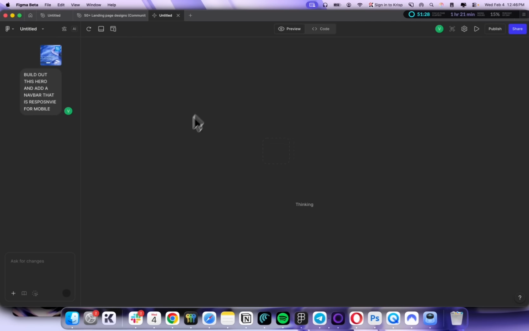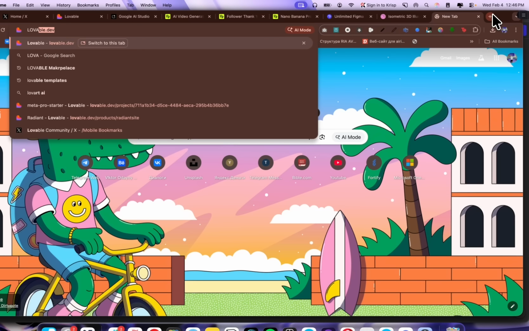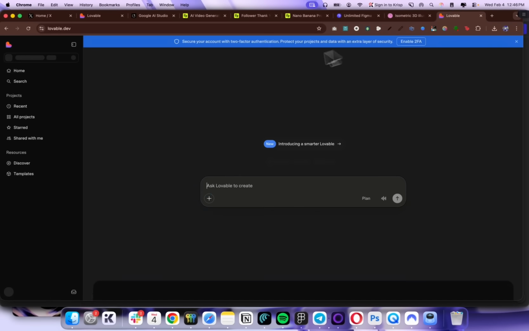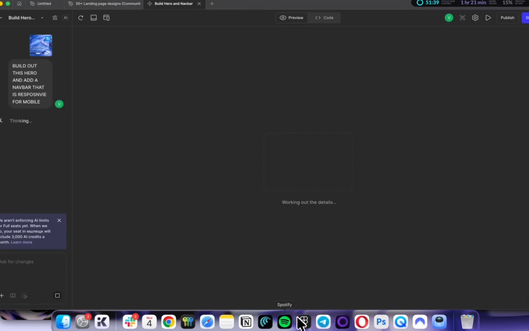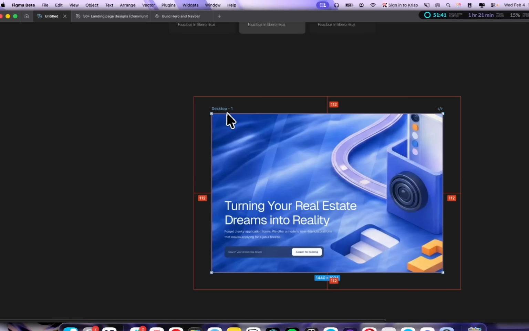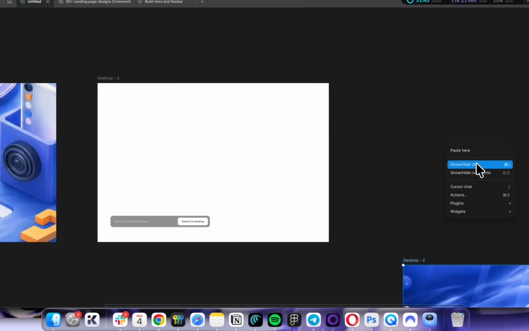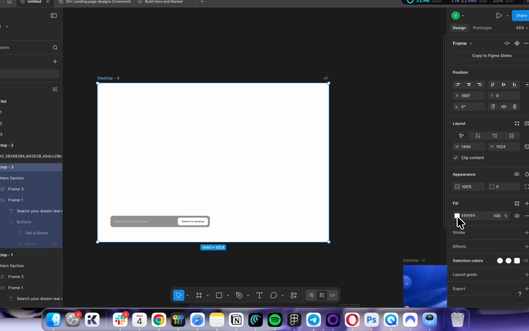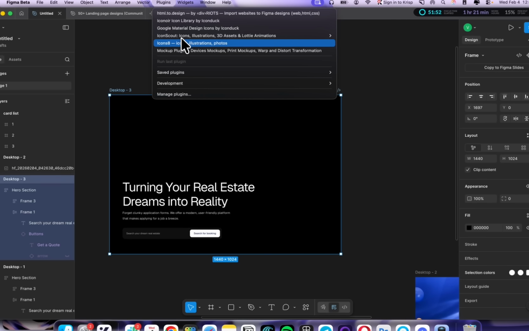We can just say that and it can build it out, or we can go and build it in any builder like Lovable. Of course, you can use whatever you like to build it. So we can say the same prompt, and we're gonna just go back to Figma, and we're gonna make a duplicate and get rid of everything here. Just leave the background, make sure that it is 100% black, and go to plugins. The plugin is called